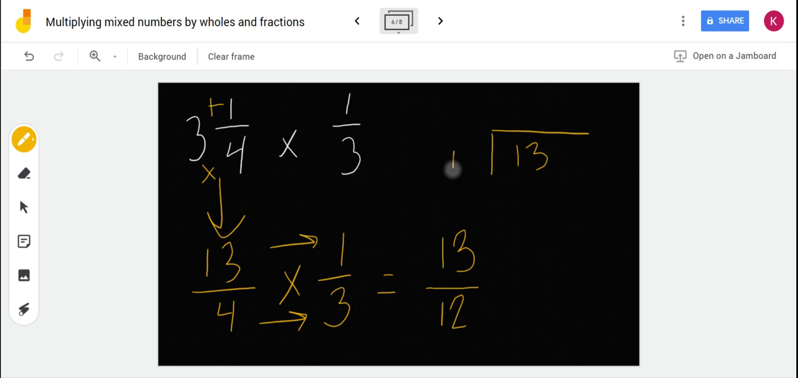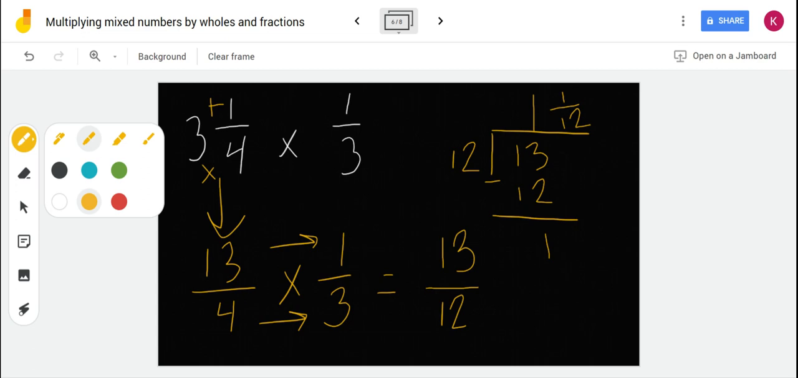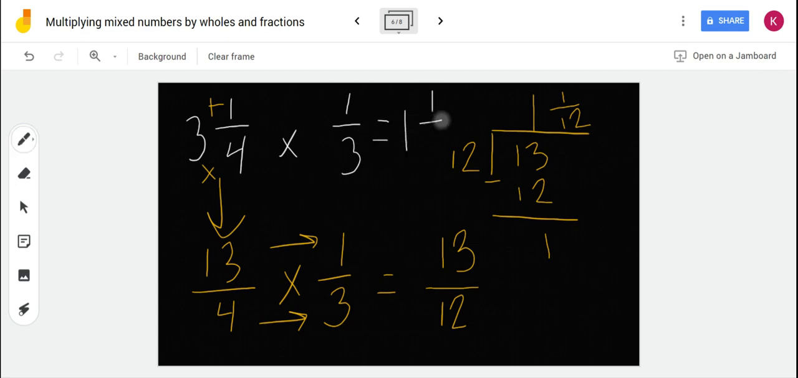So we change it. 12 goes into 13 one time. 1 times 12 is 12. Subtract and get 1 left over, which makes my fraction 1/12. So my answer to this problem is 1 1/12. And again, you see that this answer or this product is much less than 3 1/4, because